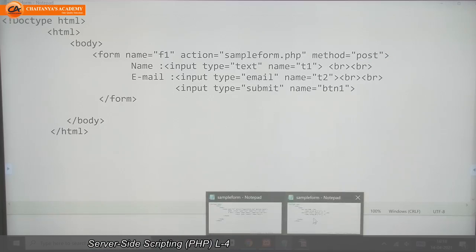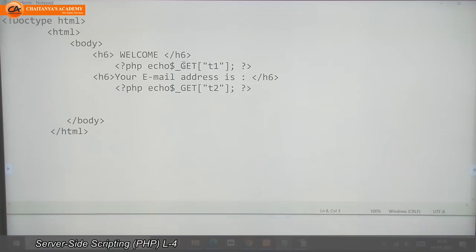Next, in the second file, you need to change your super global to $_POST. We will save our changes.